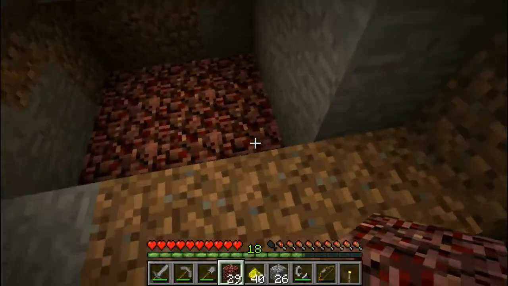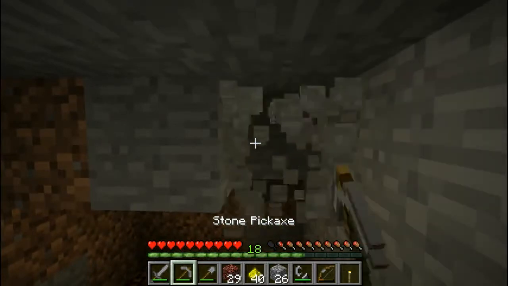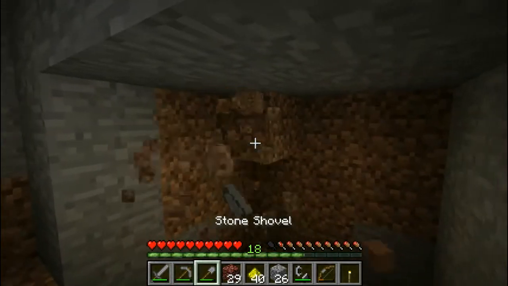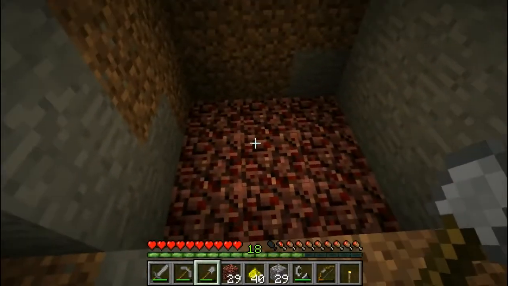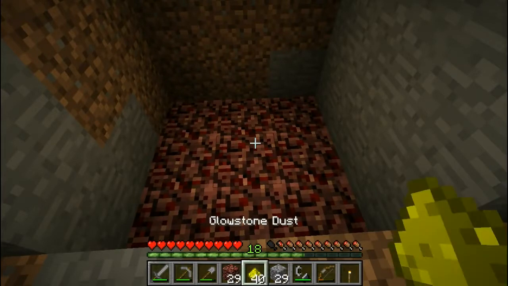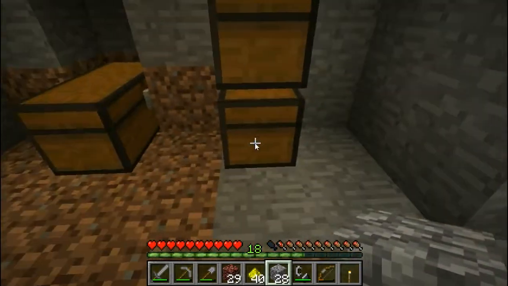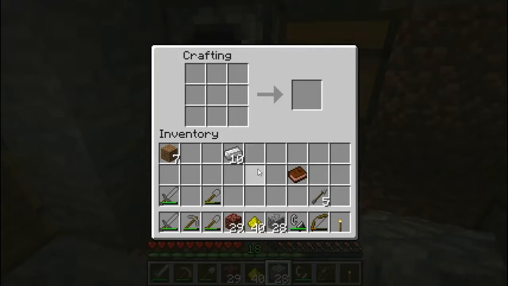So you won't find any anvils. You won't find, or at least you will find an anvil, but you won't find a vanilla anvil. You will find cauldrons, but not the vanilla ones. Now what we want to do is just there is where we want to place our cauldron. So to make a cauldron, you need 10 pieces of iron. You start by making a bucket,